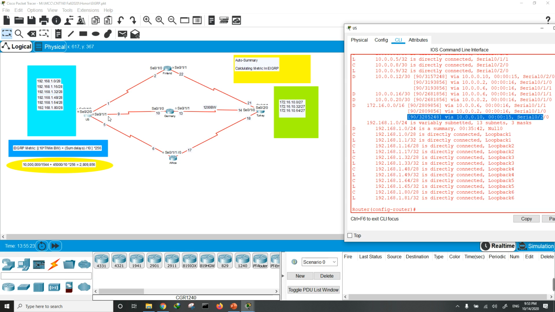The third path is also added, and that was because I changed the variance and allowed the router to add even unequal paths to its table, which is a very good feature of this routing protocol, because it is also going to send the packets over all the links, even if they do not have the same